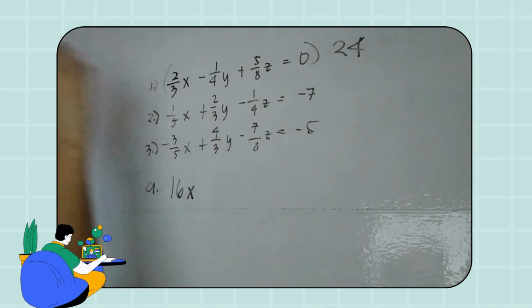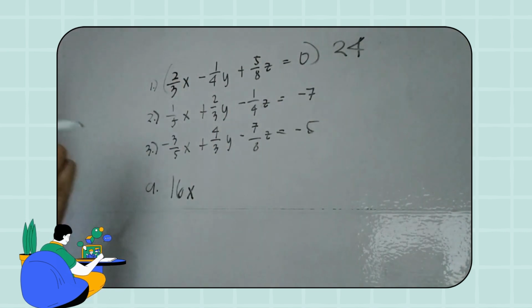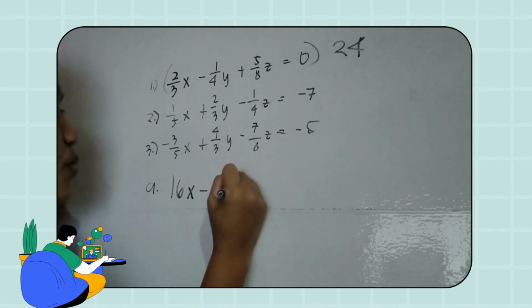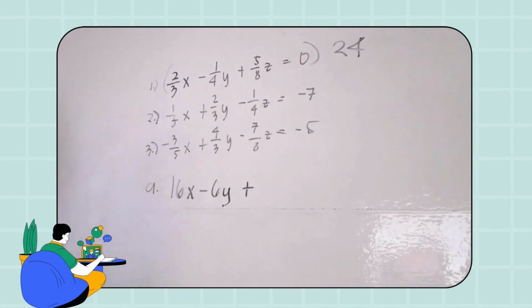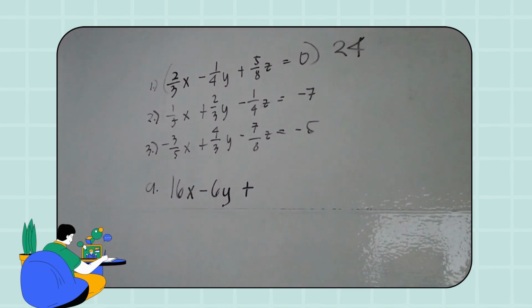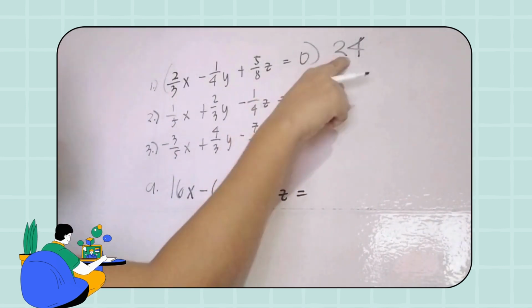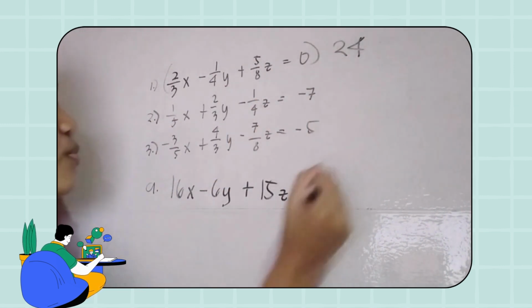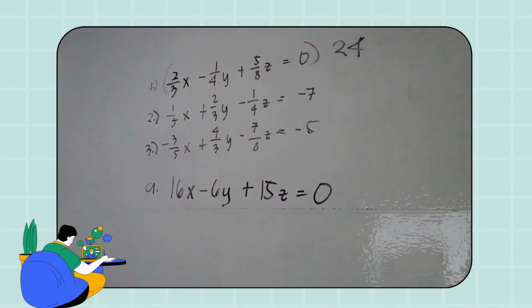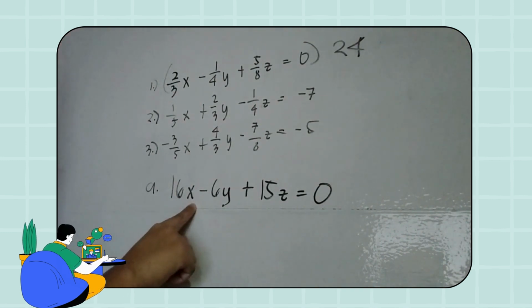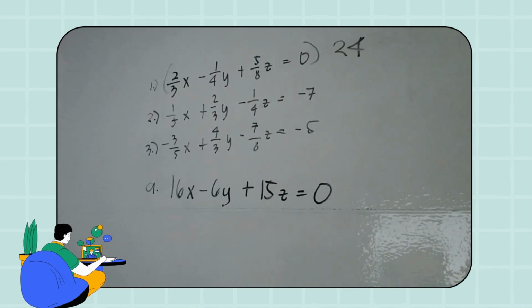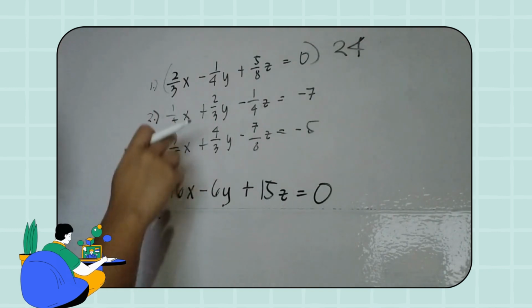24 divided by 4 is 6, times negative 1, so we have here negative 6y. Then 24 divided by 8 is 3, multiplied by 5z gives 15z, equals 0 times 24, which is still 0. So the simplified version of the first equation is 16x minus 6y plus 15z equals 0. For the next one, we will label it as our equation B, 1/5 x plus 2/3 y minus 1/4 z